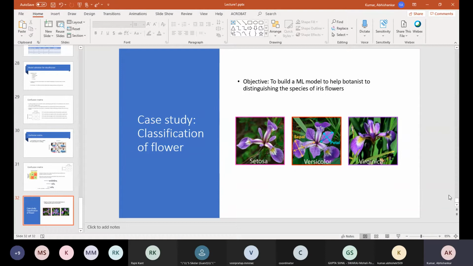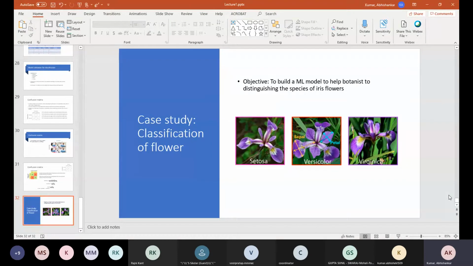So the idea is to build an ML model to help botanists distinguish species of iris flower, and the features are sepal length, sepal width, petal length, and petal width. Okay, so there are 4 features. Based on the 4 features, you have to identify whether the flower is setosa, versicolor or virginica.